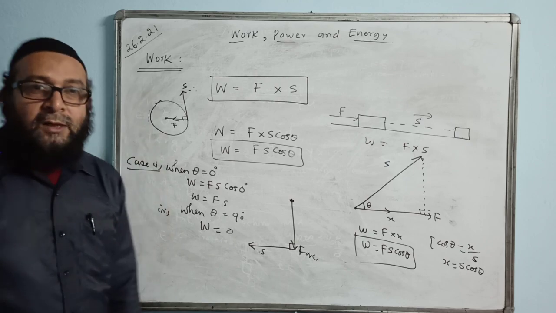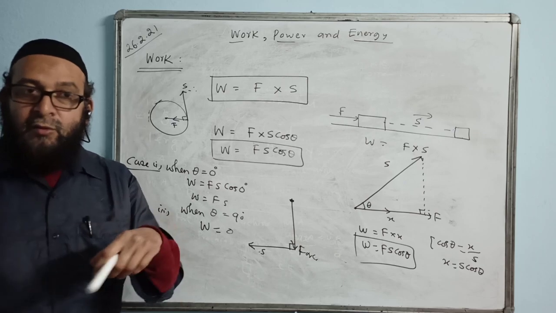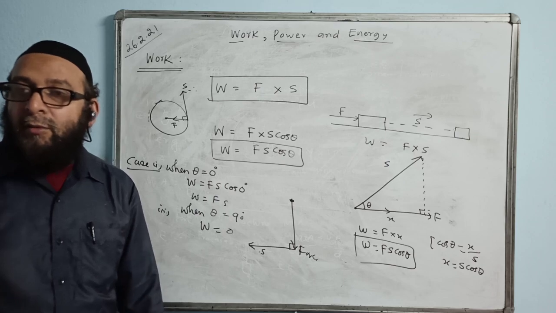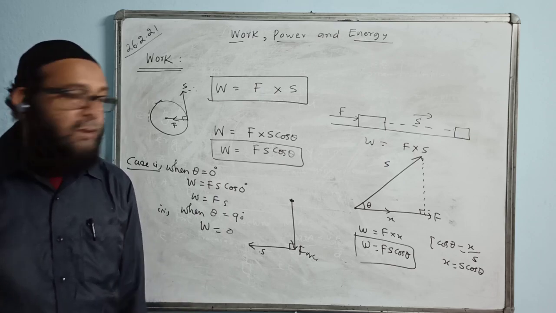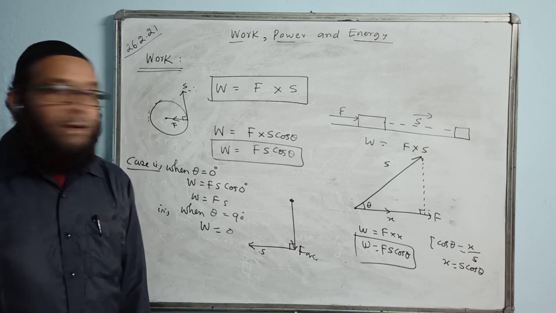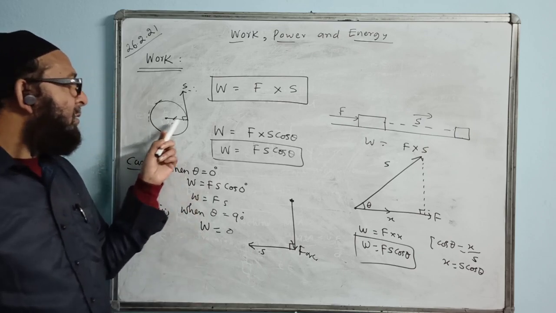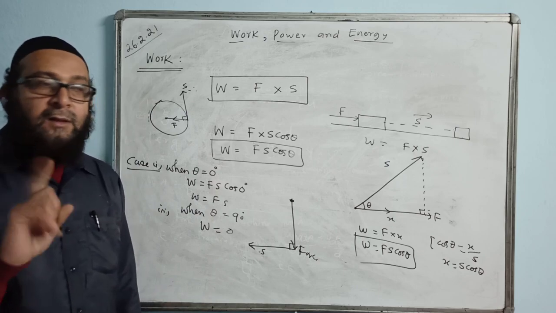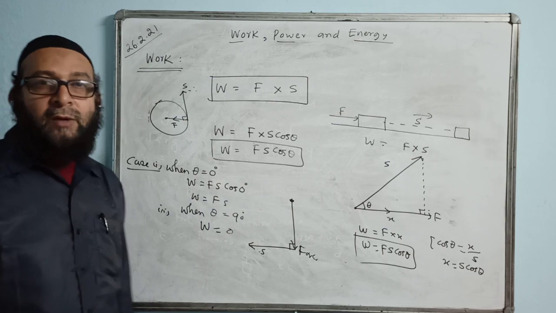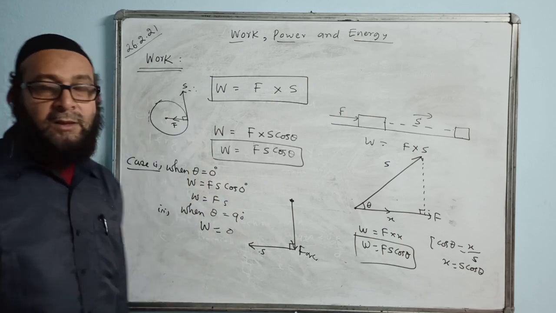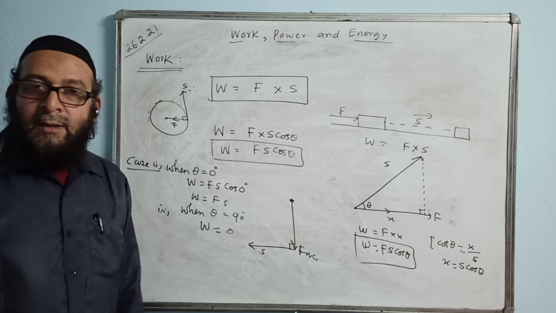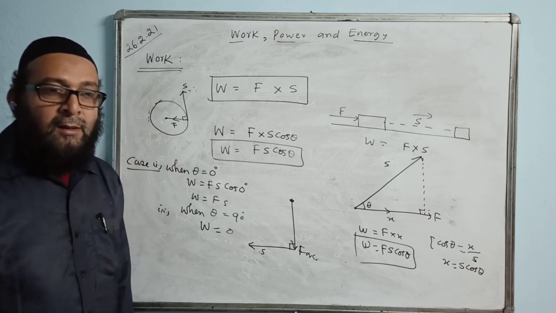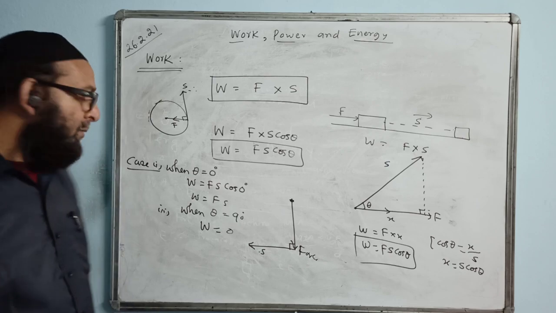They ask what is the work done by the sun to keep the planets revolving around it in the orbit? What is the work done by the sun? We'll say 0, and the reason is that force is normal to the displacement. That means to keep it moving in the circular path, there is centripetal force required. That centripetal force is perpendicular to the displacement or normal to the displacement. So work done by the sun, which is pulling the planet towards it, is 0.